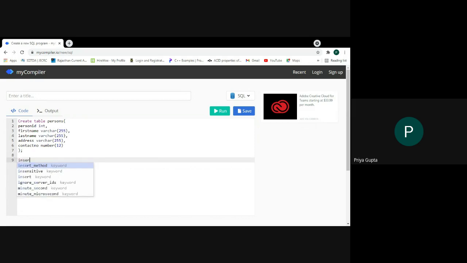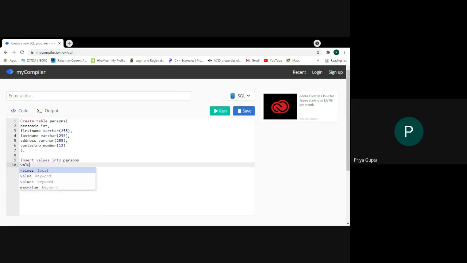Now I will insert the values. So insert into, I need to specify where I want to enter the values. So I write insert into, then the name, person is my table name.